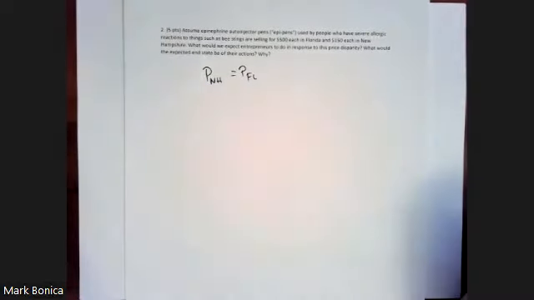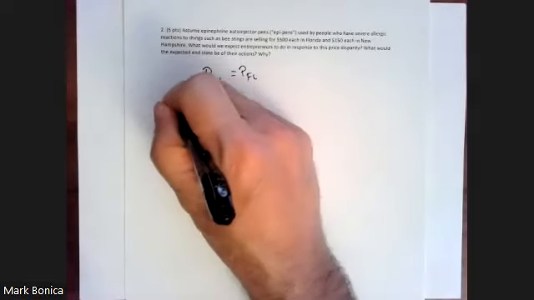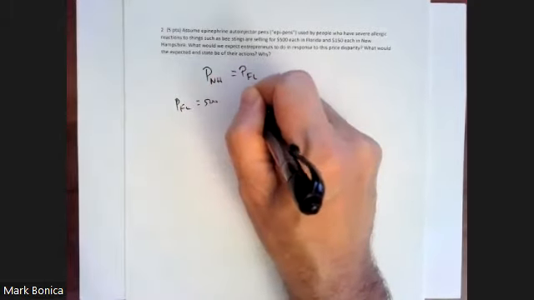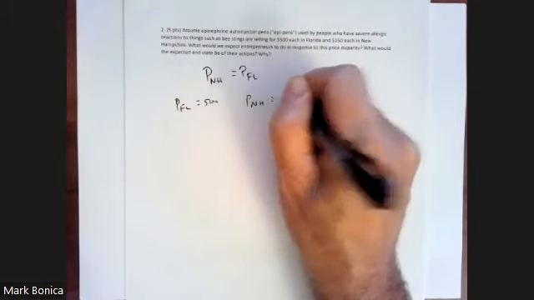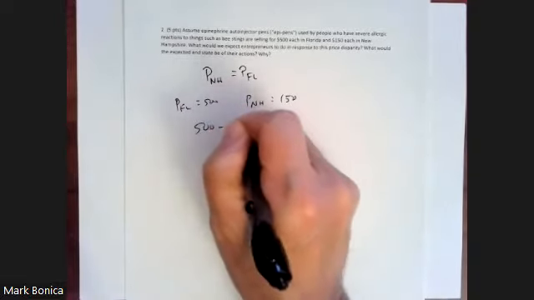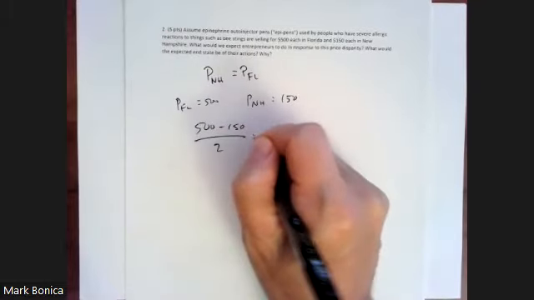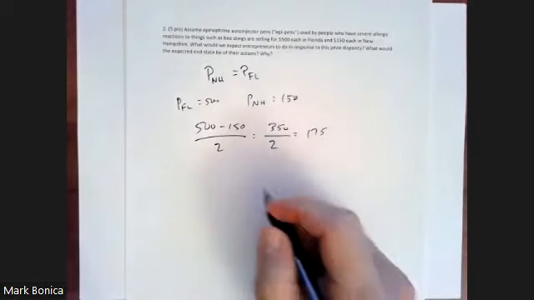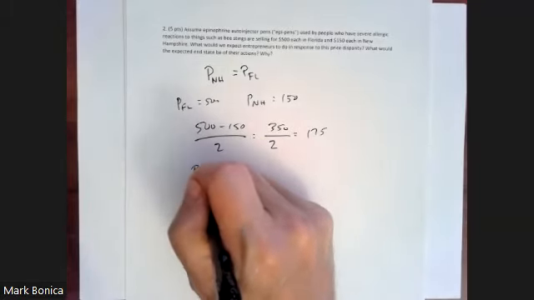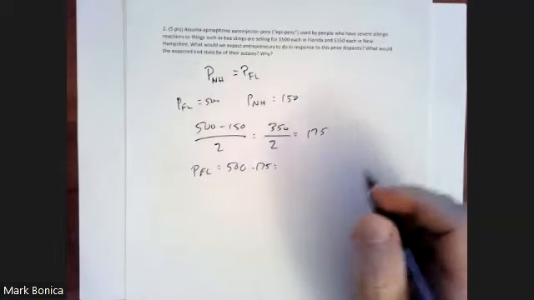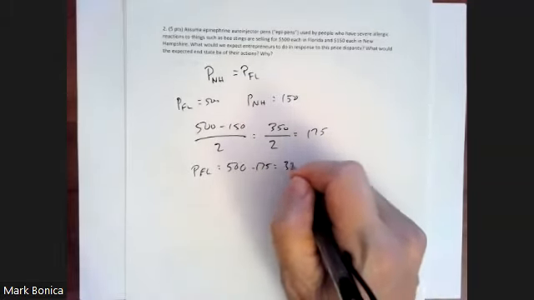And if you wanted to, you could actually calculate the amount. So right now, the price in Florida is 500. The price in New Hampshire is 150. And what we would expect is to have something halfway in between. So 500 minus 150 is 350, divided by 2, which is 175. So what we would expect to have happen is for P Florida to go down by 175, which would be 325.